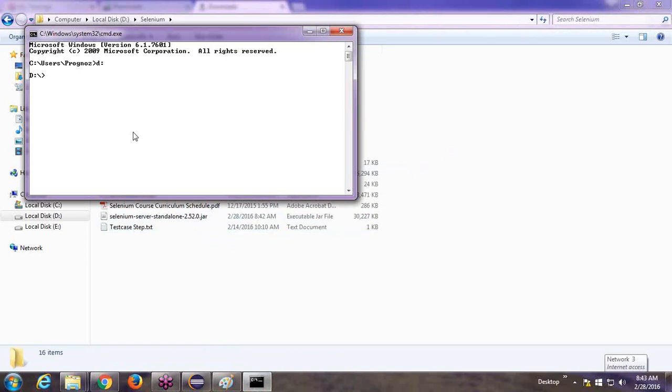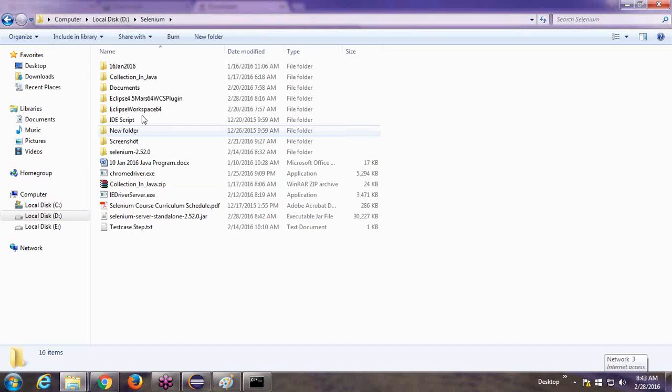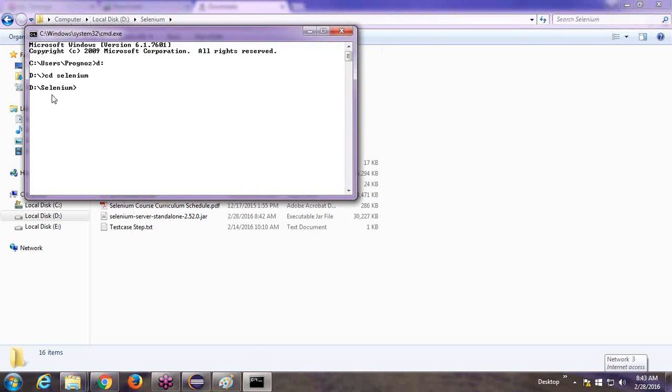Now we have to come to the location where we stored the jar file. This is in the D drive Selenium folder. So we come in here, with the D drive path set. Now we have to write java space hyphen jar. This is how to start the Selenium server, or how we start the hub in our system or any system. So the command will be like this: java space hyphen jar